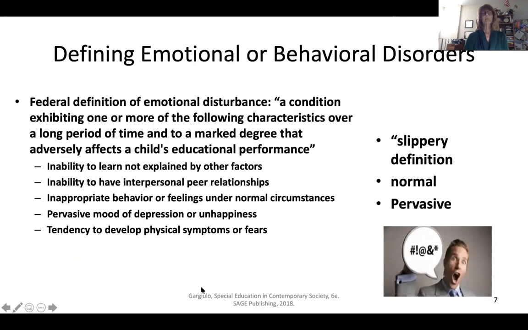So when we look at defining emotional or behavioral disturbance, the federal definition, remember, IDEA, is something that speaks to the condition of a child in regards to how it affects their educational performance. The thing is that the federal definition is pretty slippery. If you look at how it speaks to an inability to learn, an inability to have peer relationships, or exhibiting inappropriate behavior, it's a really difficult thing. And the phrase pervasive mood of depression or unhappiness is really difficult to define, because it is an extraordinarily subjective